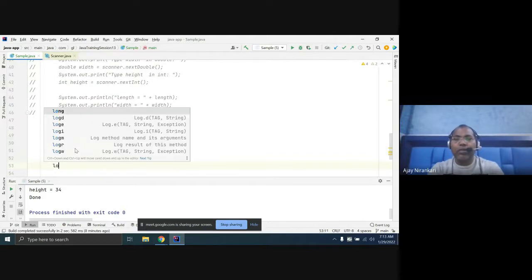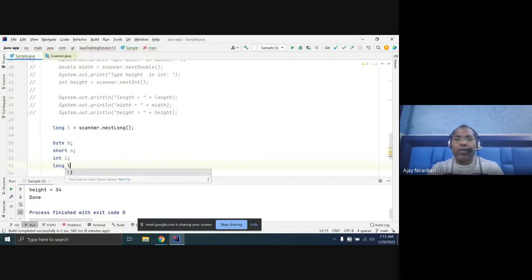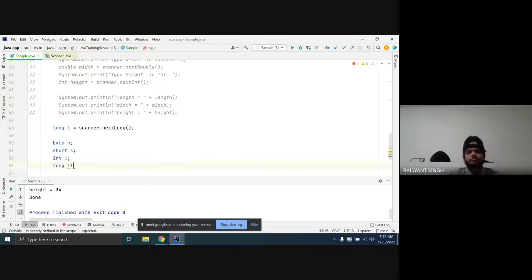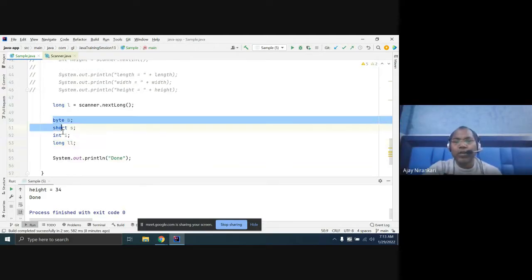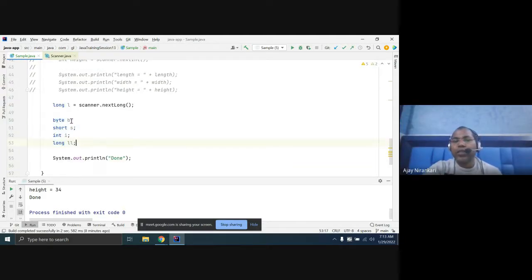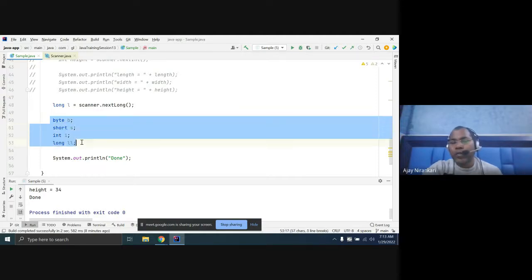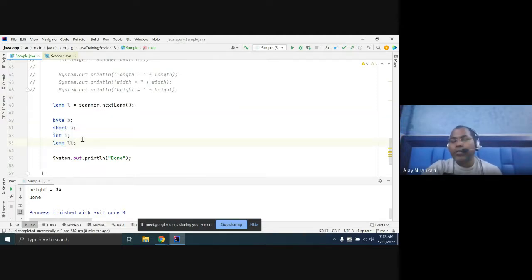Then long, L. So these are the different data types for holding integer values. This is 8 bit, 16 bit, 32 bit, 64 bit. The size depends upon how many values you want to store, the capacity of the memory storage location.